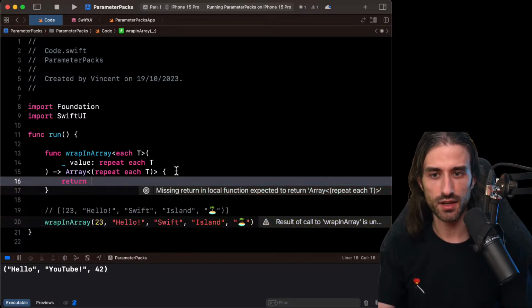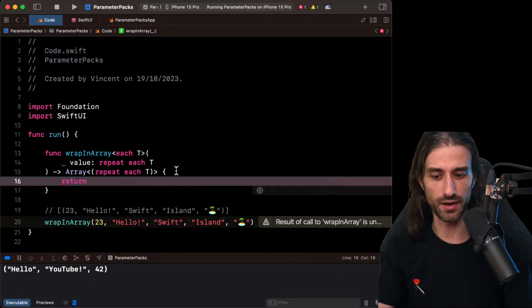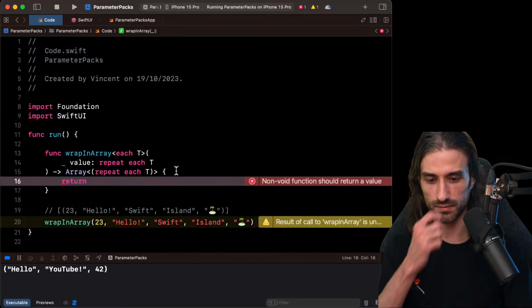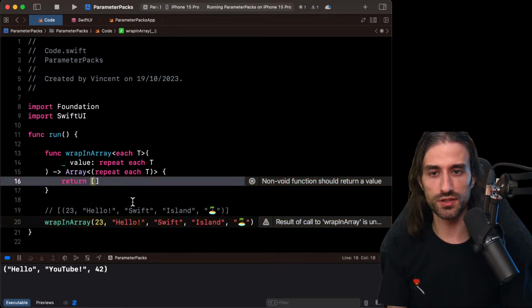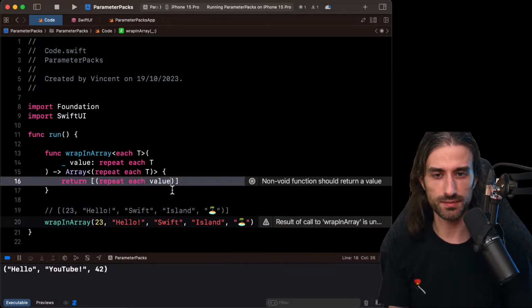And just like I said, the body is going to be in a nice symmetry with the return type, because we want to return an array. And in this array, we want to have our tuple, and we build the tuple by doing another expansion, this time of the value pack.